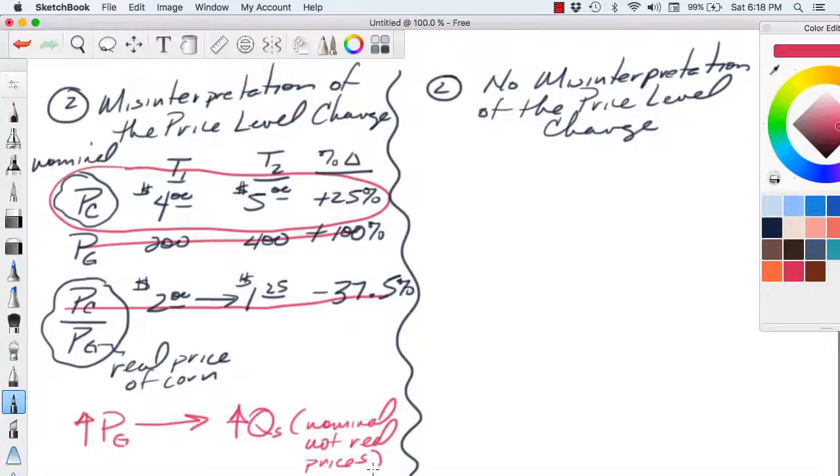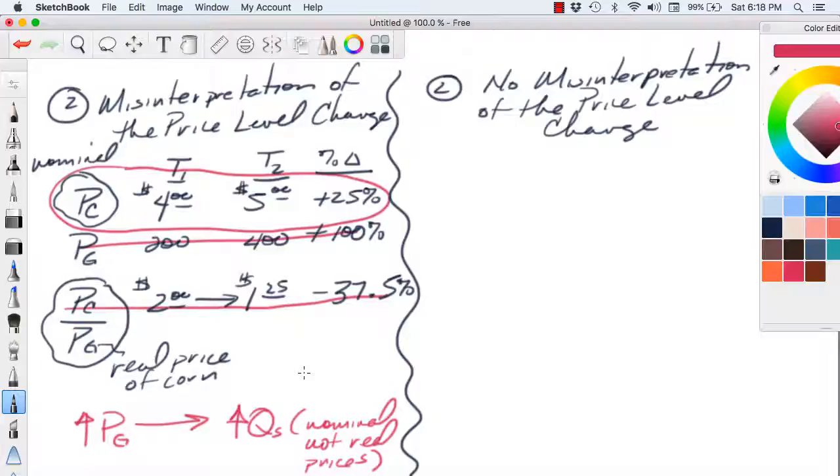So by focusing on nominal prices, not real prices, they actually want to produce more, because the law of supply says if I believe my prices have gone up, that says to me my corn is more valuable in the economy, and I will therefore produce more of it. Now, the real price, or what we would call the relative price of corn, hasn't gone up. It's really gone down. Relatively speaking, corn has gotten cheaper when you factor the price level and the prices of all things. The price of corn has actually dropped over this time period, but farmers do not focus, in this case, on real. They focus on nominal, and